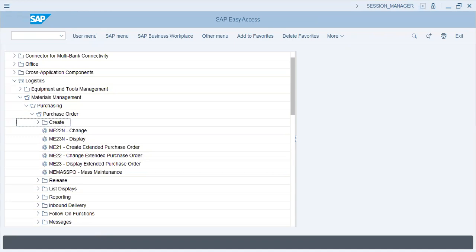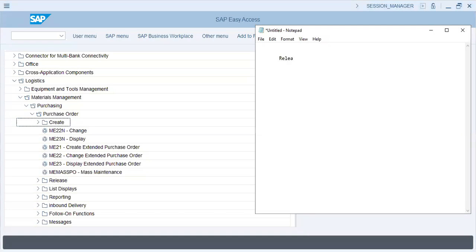There is a reason to it. Okay. Release strategy for PO. Now, release strategy comes when